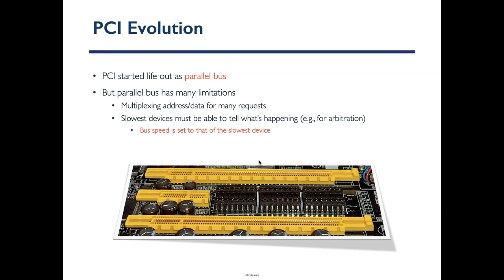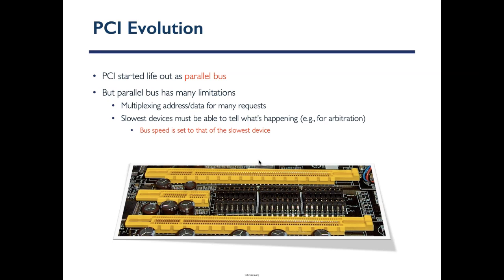PCI was when we started this. PCIe used to be a parallel bus, but soon they realized that parallel buses have limitations that are not a perfect fit for connecting I/O devices. In particular, multiplexing address and data was an issue when you had many requests on the same